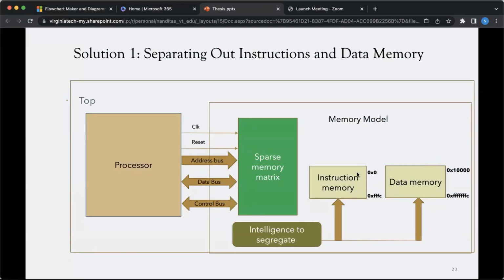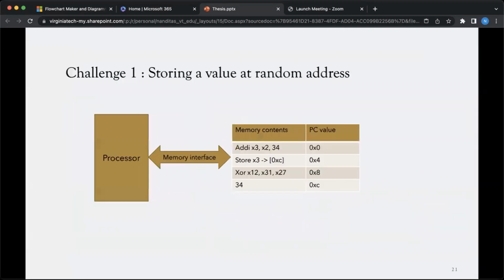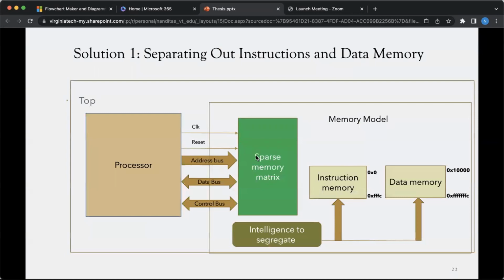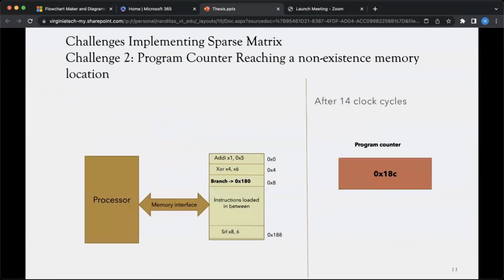So now we will be constraining our instructions so that if it has to jump, it will jump only and only in the instruction memory. So in the previous example, if we are storing the content of this particular register into some address, this address has to be a data address. It cannot be an instruction address, because we do not know the content of this particular internal register. So this was the first challenge that we faced.